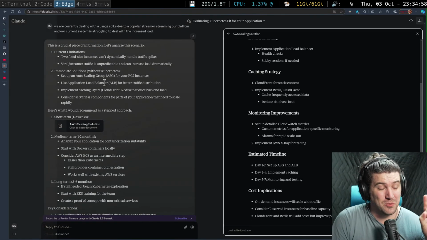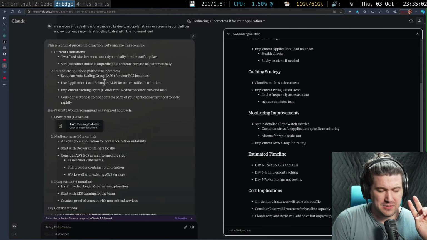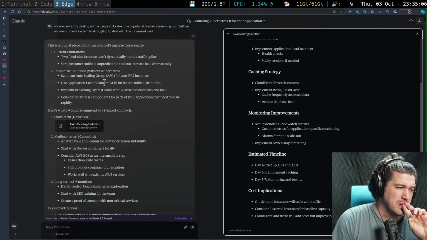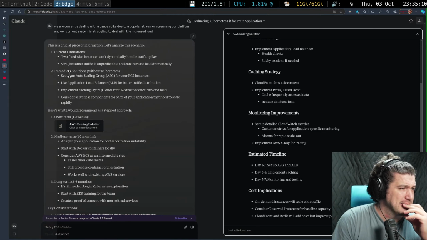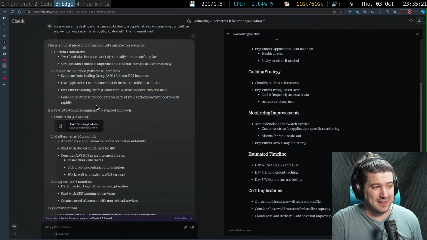Did it ask where our state was held? Did it ask? These are like some of the things that I would be thinking about. Did it ask where our bottleneck is, or if we know what it is? This is a big yikes.